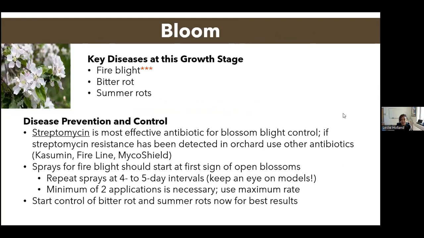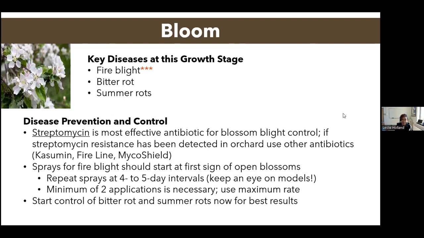As I mentioned, streptomycin is going to be the most effective antibiotic for blossom blight control. However, we do acknowledge that resistance has been detected in several production regions. And so if streptomycin resistance has been detected in your orchard or in your region, it's recommended to utilize one of the other antibiotics like Fosetyl or Fireline or MycoShield, or other options available to you to manage this